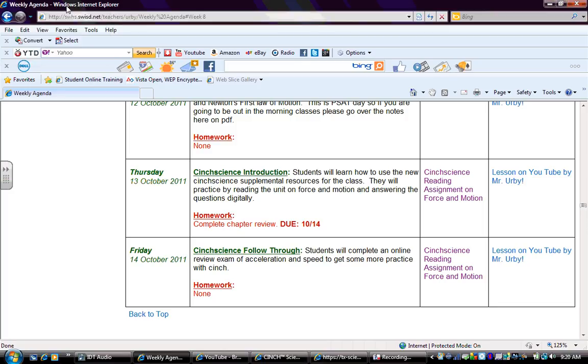Okay, so today's lesson is for Friday, October 14th, 2011, and today we're going to finish up our Cinch Science training. Again, that's the supplemental resource that you're going to be able to use and access from home. Whenever I assign homework, you'll be able to log on with your unique username and password, and by clicking on this link to the side on your weekly agenda, you'll be directed to the Cinch Science